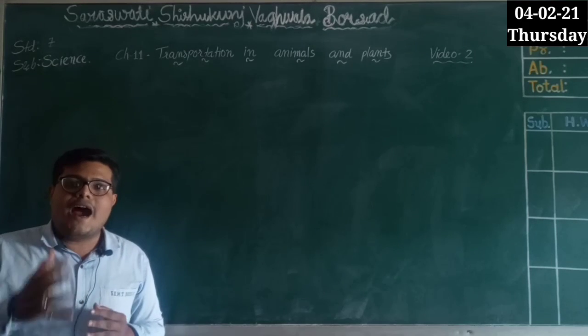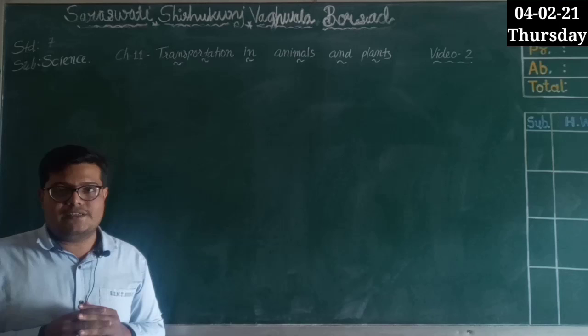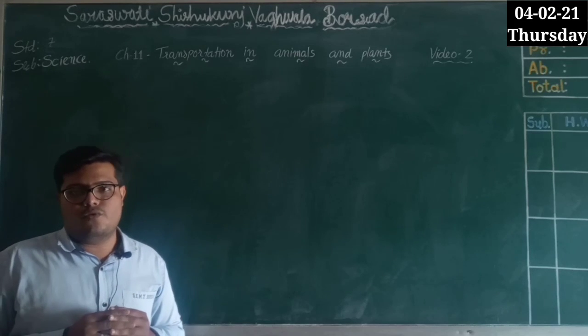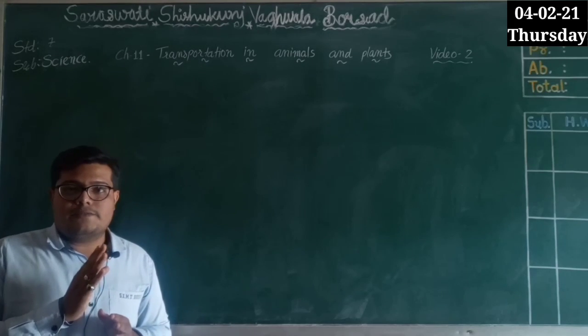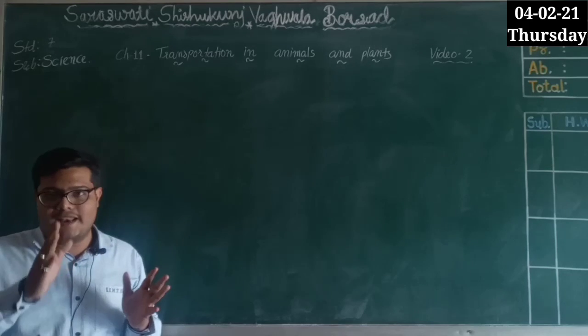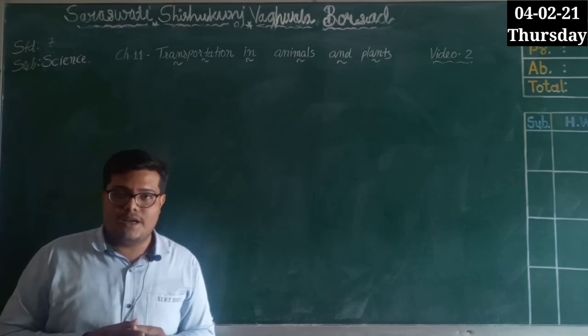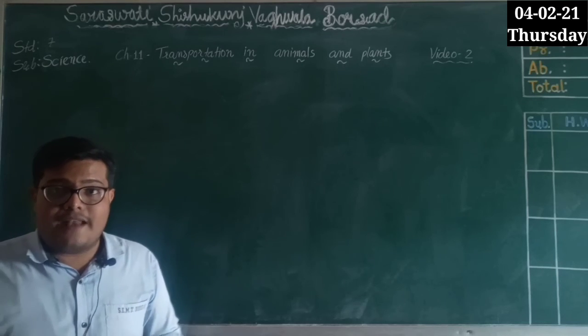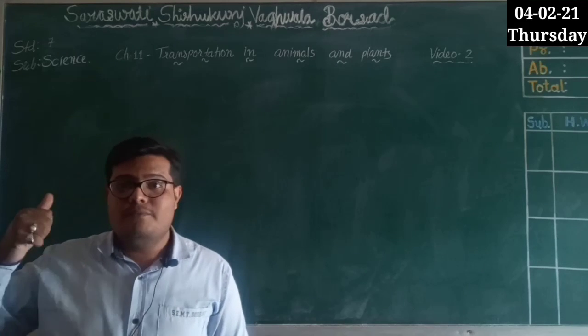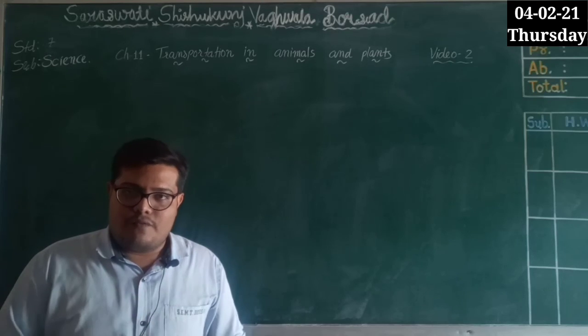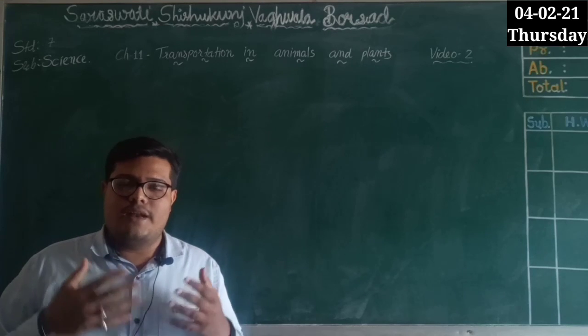We also understood that the heart is made up of a special kind of muscles, which are cardiac muscles. And there is a septum which separates the right side and the left side of your heart. I hope you understand the circulation of the blood that takes place. With the help of this circulation, our main purpose is to talk about transportation, the transportation of oxygen and food and many other things